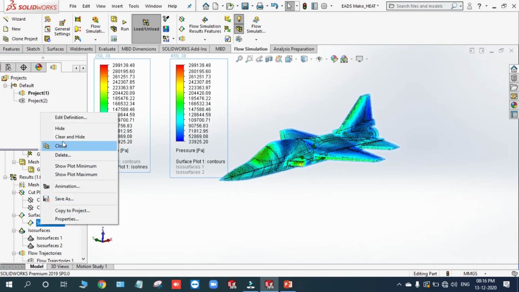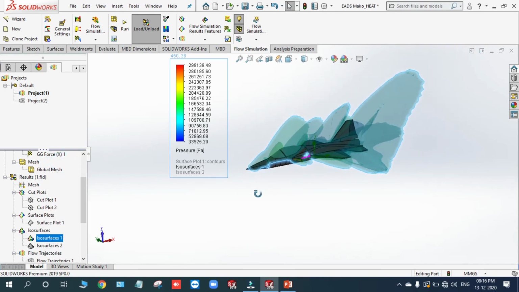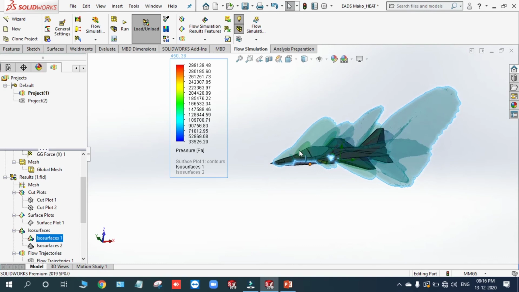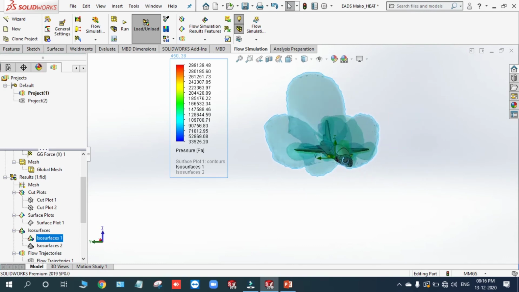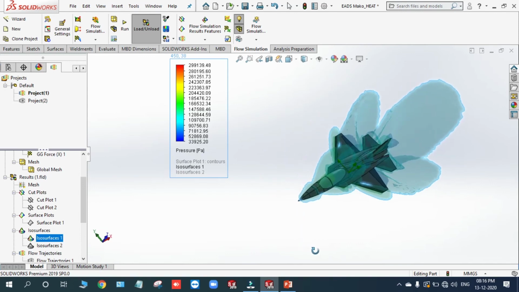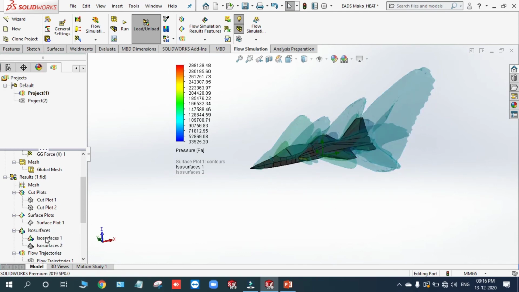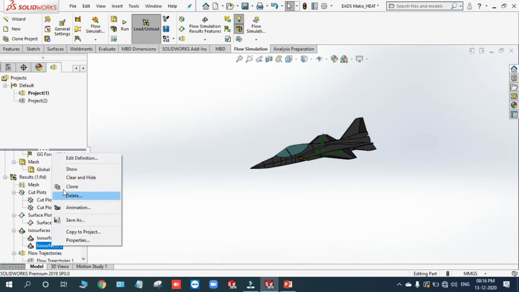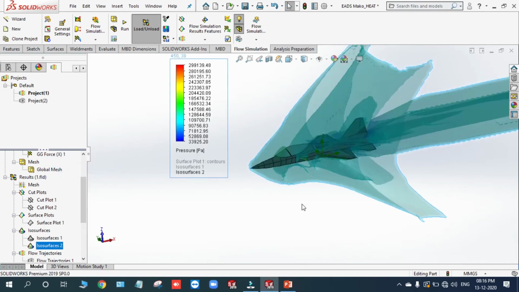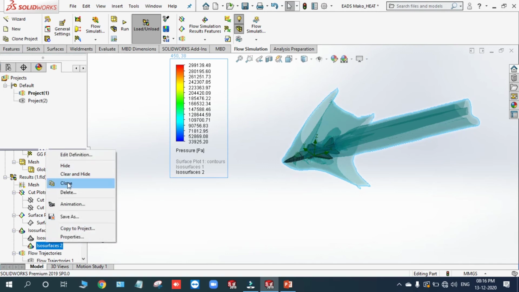Let me switch to that, and these are the ISO surface projections. This is the pressure variation, how the pressure acts on it. You can see how the shock waves are generated now. These are somewhat predictions. It is not actually the same, but somewhat it looks the same. And you can also check the velocity ISO surface. This is how it distributes, but this region is not exactly the same. This is more than this particular inlet with respect to operation, so that is different.